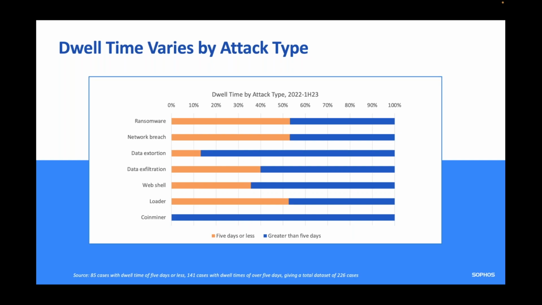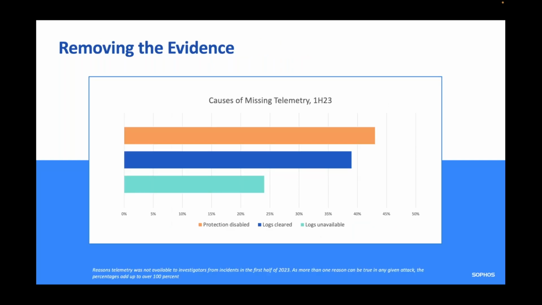The opposite side of the fence, and the outlier here, you may notice down the bottom, is the coin miner. Obviously, if you're going to use a coin miner to churn out cryptocurrency on somebody else's devices, you want that to dwell there for as long as you possibly can, because all the time it's sitting there undetected, it is generating small but nevertheless meaningful returns for the cyber criminal. So that's the one exception that you see there: the coin miners are very, very good at staying under the radar and staying present for a very long period of time without being detected.